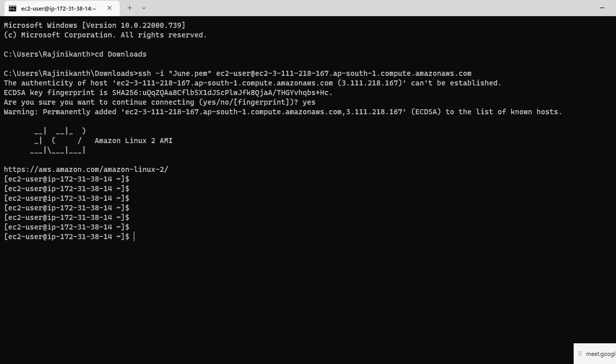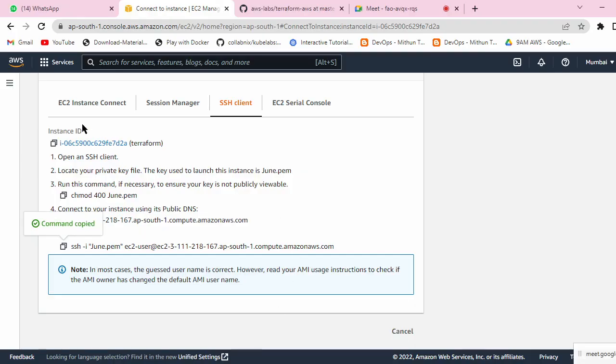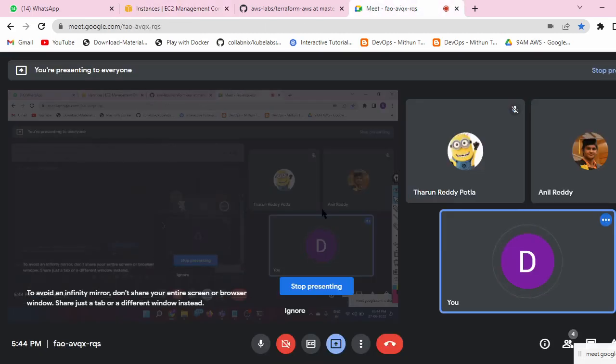Let me log in as sudo. Here I can write a Terraform script to execute an EC2 same like this. So we have only one EC2, right? We can go and execute the same EC2 like this, so one more EC2.